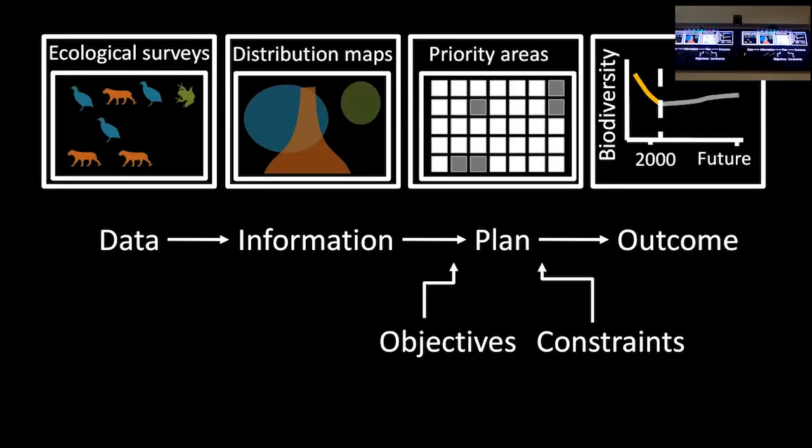Okay, so what do we mean by conservation decision making? As conservation scientists, we like to believe that data should play some role in how we conserve biodiversity. So we might have some observations of where we've seen different species. We can take this data and turn that into information: species distribution maps that are showing us where we think different species occur, or different ecoregion types. We can then use this information to create a plan. So if we've got a study area, we've gridded it up into potential places we can put protected areas. These grey squares here could be places that we might want to establish protected areas based on this information.